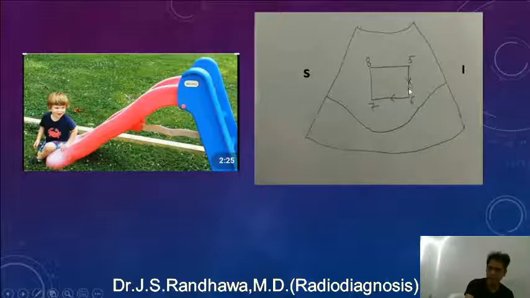Now 5, 6, 7, 8 are segments of the right lobe. Now if you see this picture, how the labeling is there, you know this side is the superior, this is the inferior, this is anterior, and this is posterior. So now we are going to label from inferior to the superior part. Now we start with segment number 5, anteriorly we start here. After we have finished with segment number 4, now we go on to 5, which is the anterior portion of the right lobe, and you can make out it is inferior.